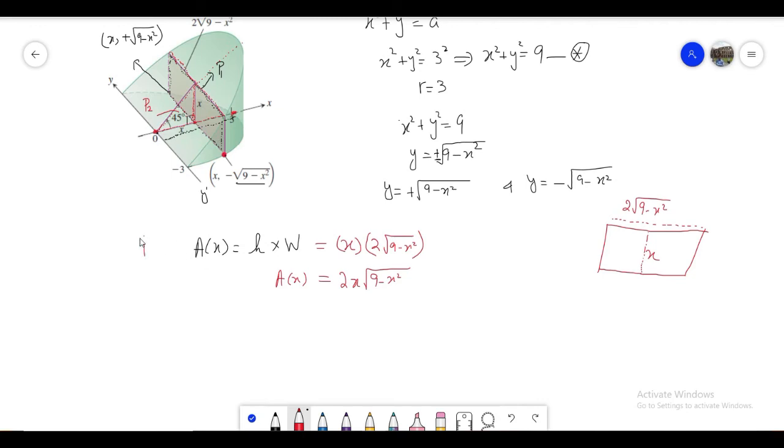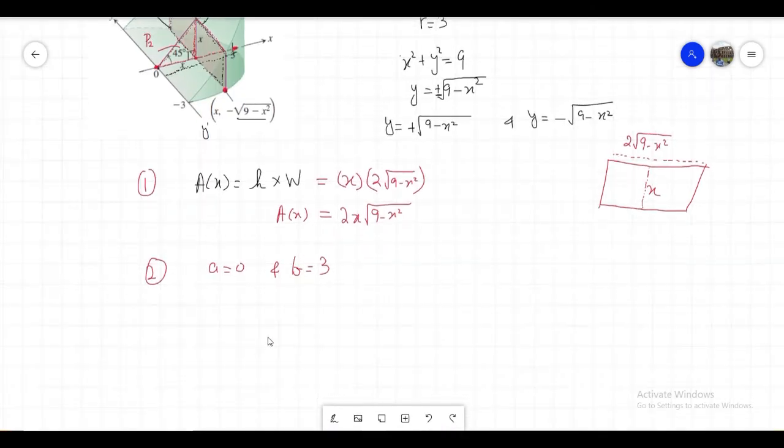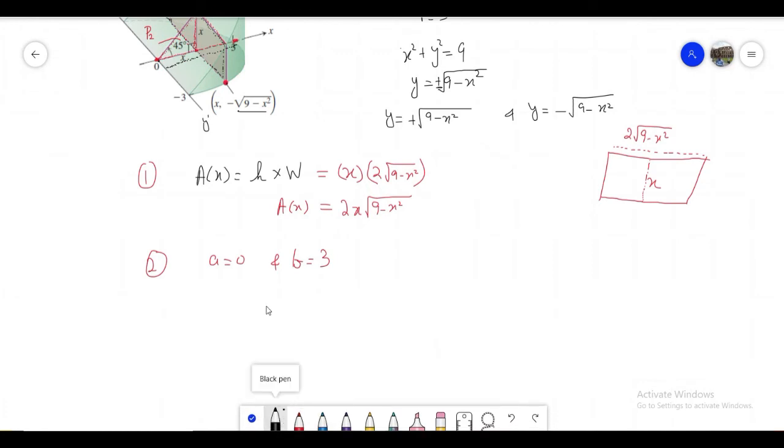So the limits are a is equal to 0 and b is equal to 3, and the integral will become like the volume is equal to the integral from a to b of the area of the cross section A of x dx